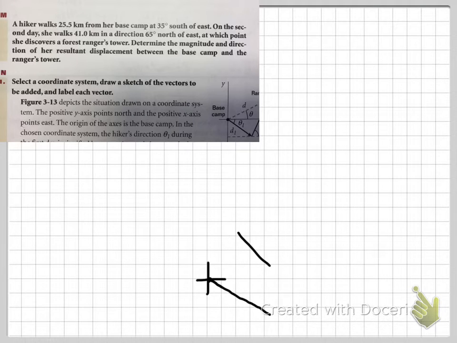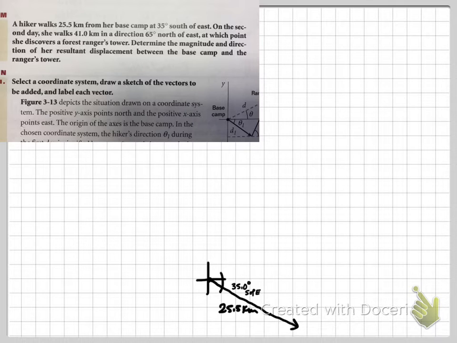Whoops, that didn't help. 25.5 on the first day, which is a pretty good day. Okay, so there's her first day's travel. Day 2,